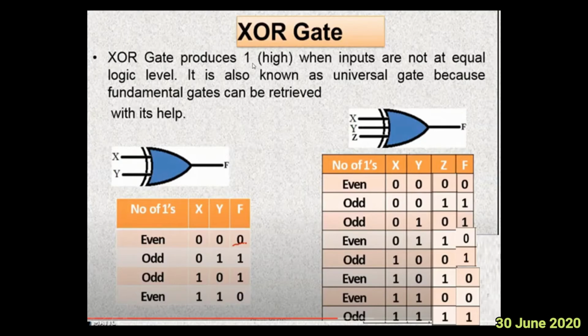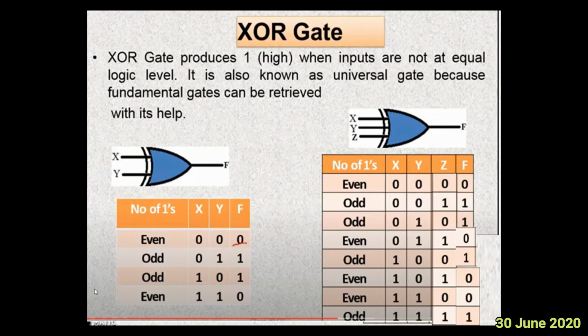Another way of telling this exclusive OR definition is when the inputs are different. I can tell this definition for only 2 input variables. If the inputs are different, output is 1. If the inputs are the same, output is 0. But this I cannot tell with the help of 3 variables. There I can't say that, right?